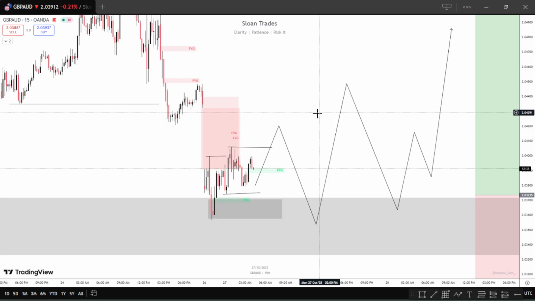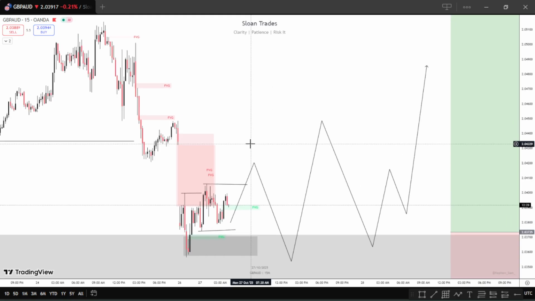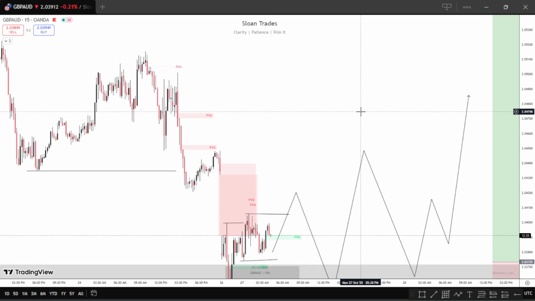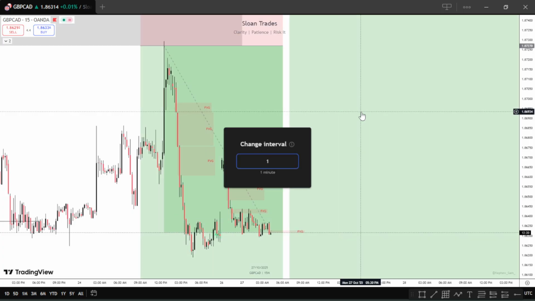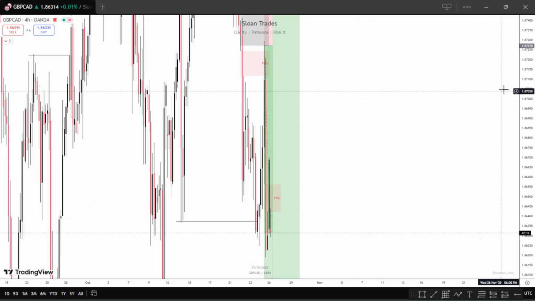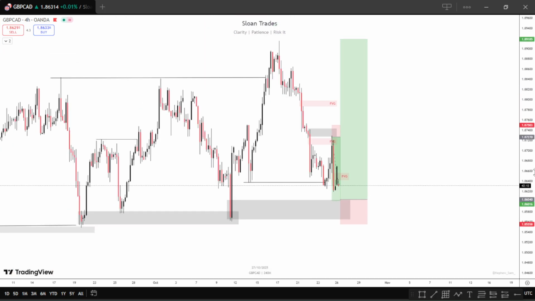Alright, so this is exactly what I'm looking at on GBP AUD. If it eventually plays out, then I'll be capitalizing on this particular move. Okay, so I think the third pair should be USD CAD. Okay, GBP CAD. No, let's start. Okay, so on GBP CAD,